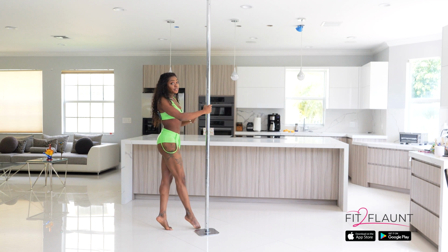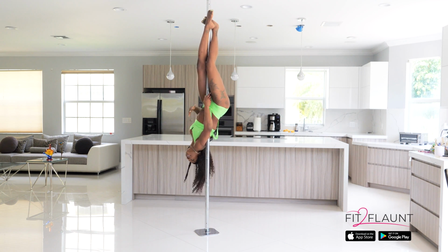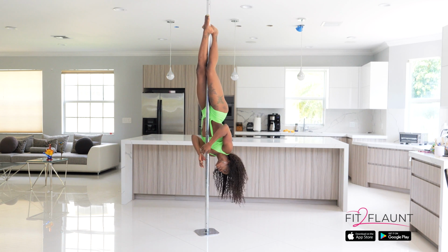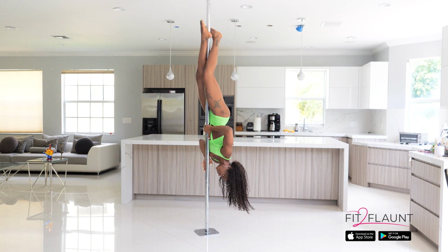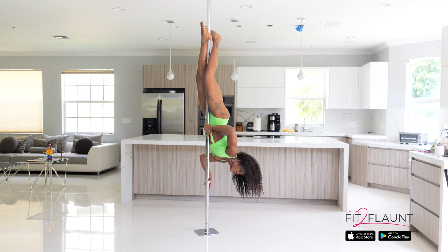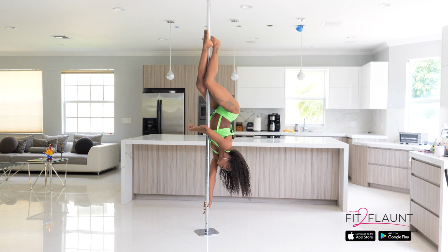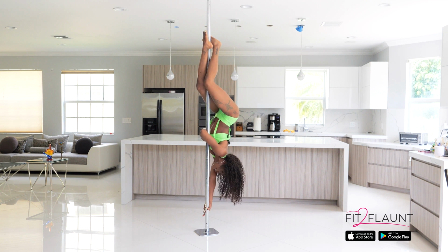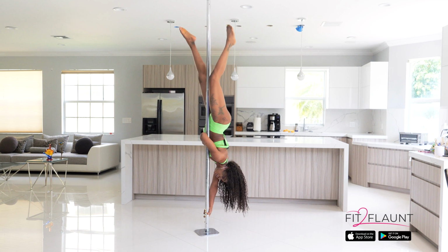Let's go over another very common mistake. This is what happens when you don't push your hips up high enough. So you're in position, but maybe you're not strong enough yet to get your hips all the way up. So they only come here, right? So now you're ready to release your legs, but guess what? Your hips are not far away enough from the pole,